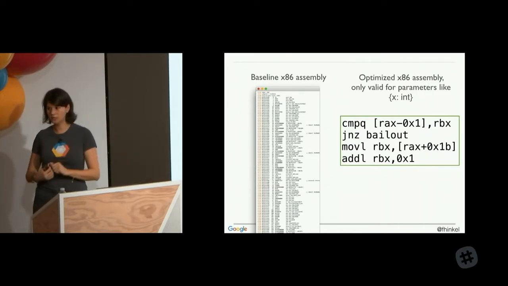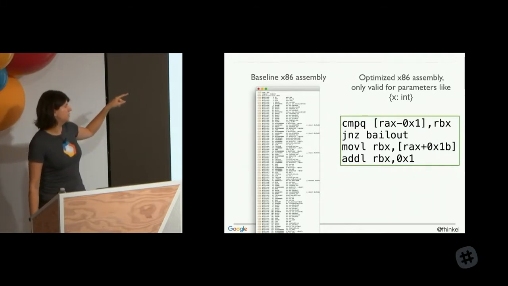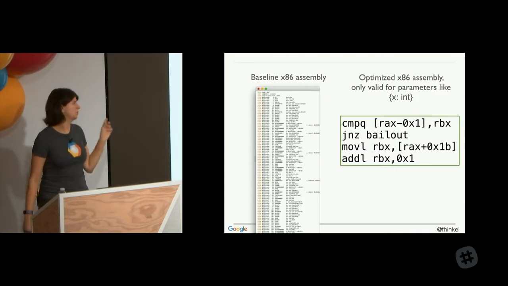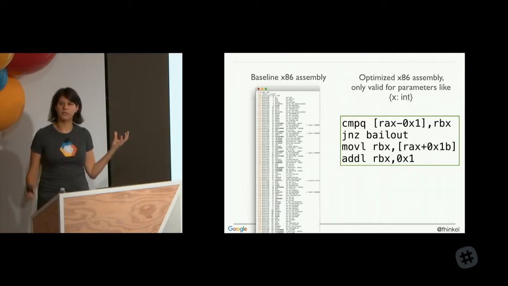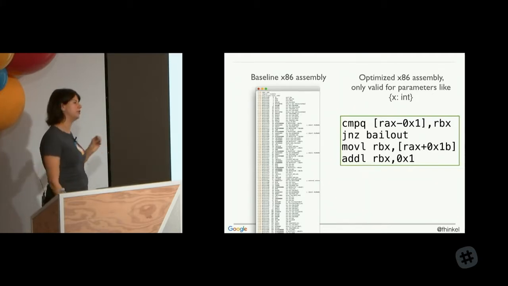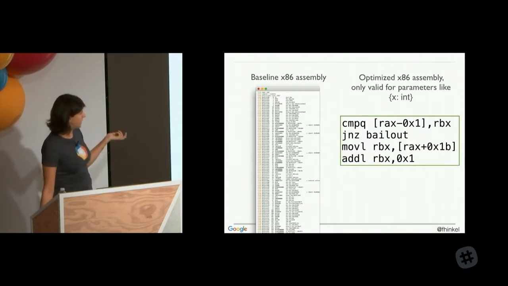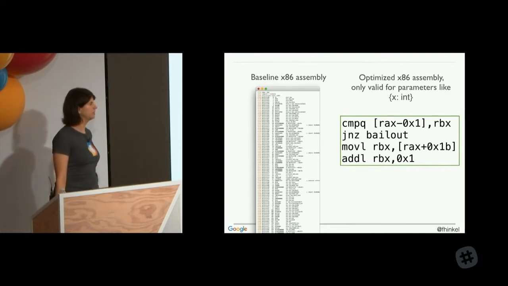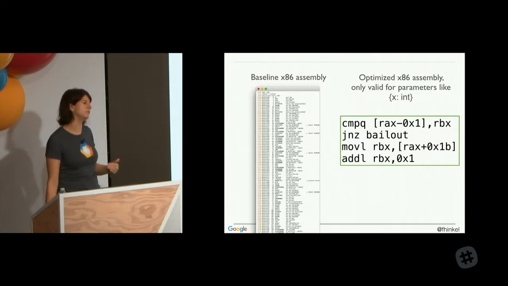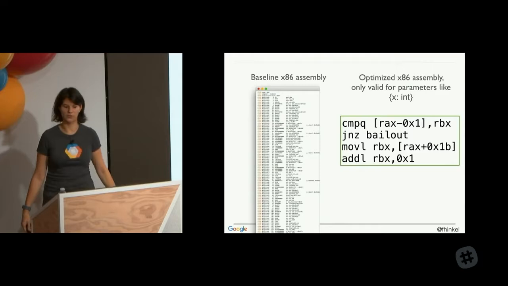If our speculation does hold, though, then we only have 2 more lines to run. MOV is a move instruction. This is where we're moving the value of x to another register. And this is a simple move instruction because we speculated on the shape of the input, so the compiler actually knows the memory layout of it. So it's easy to access the x value. And then the last one, ADD. That's just addition, where we're adding 1 to that value of x. So this is how those 4 lines translate to the add function. But if you can't make that speculation in the beginning that you have a certain kind of input, then you're stuck doing several hundred instructions on the left.